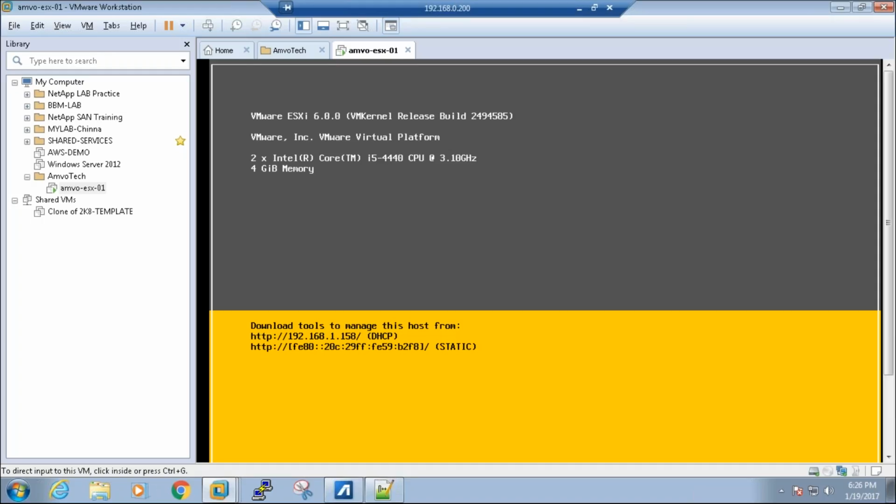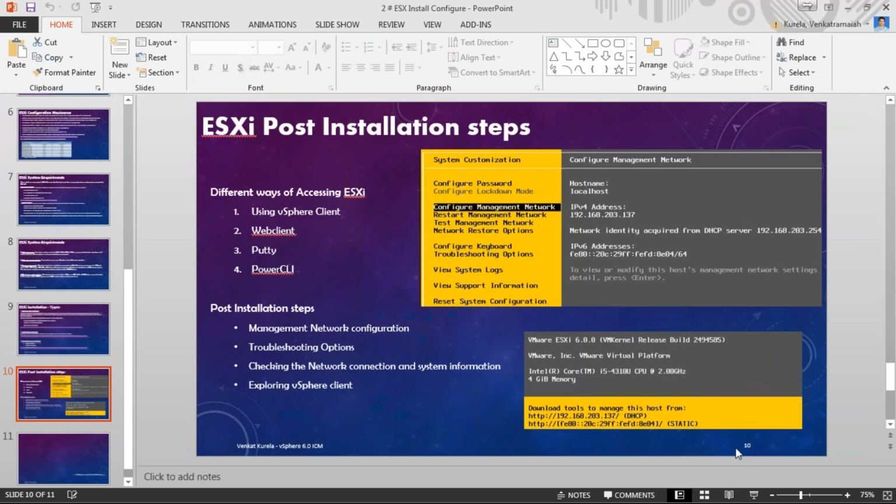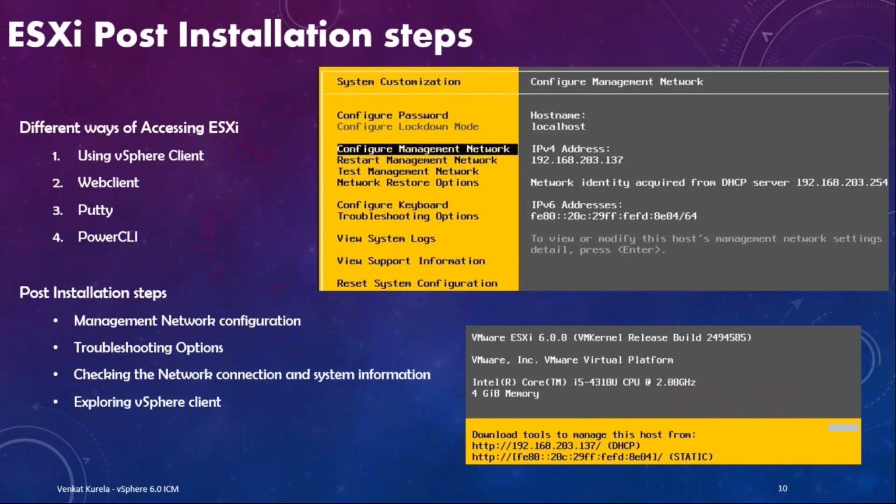You see the server has booted, it's up and running now. So this is the time to talk about the post-installation steps.